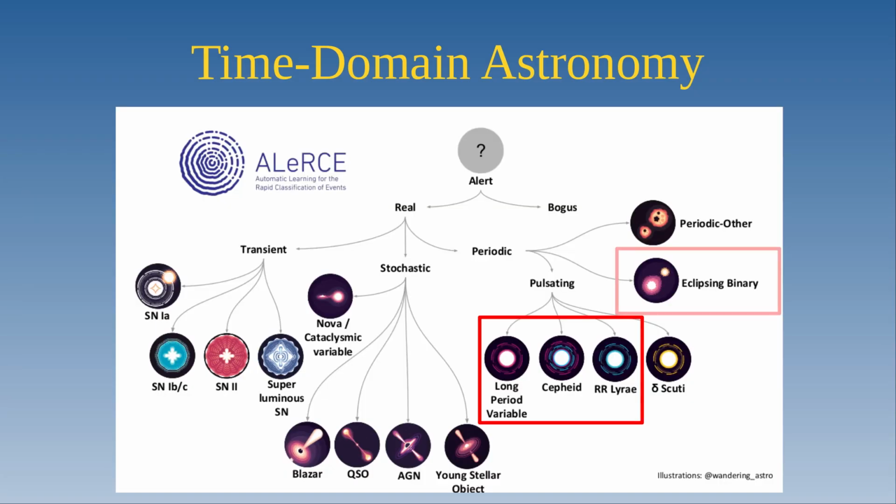So what are those things? As this is a summary slide, there are some objects like transients, shown on the left, such as supernovae. There are some stochastic celestial objects such as novae, CVs, and AGN that show variability but without any periods. There are some periodic stars, variable stars, shown on the right of this plot, including pulsating stars and eclipsing binaries. Those stars highlighted in the red box